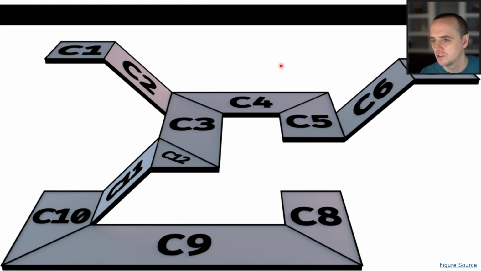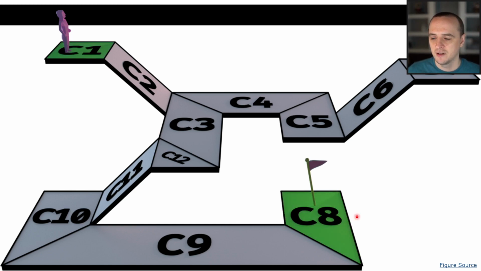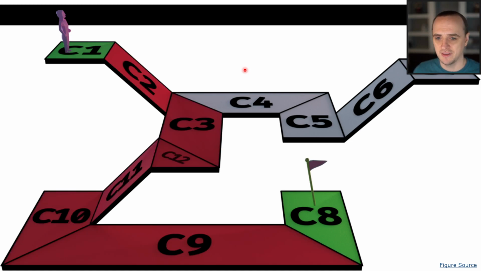So movement within a polygonal-based system is still just a graph-based system. It's just that the nodes of the graph represent maybe the center of these polygons, right? So this is chopped up into convex polygons, and then we are going to be moving from C1 to C8 here, okay? So we've been given this start and this goal location. Then we've decided that our actions are moving between connected polygons here. So that's our graph. So we're going to run our pathfinding algorithm, whatever that may be. And here's the path that we're going to take.